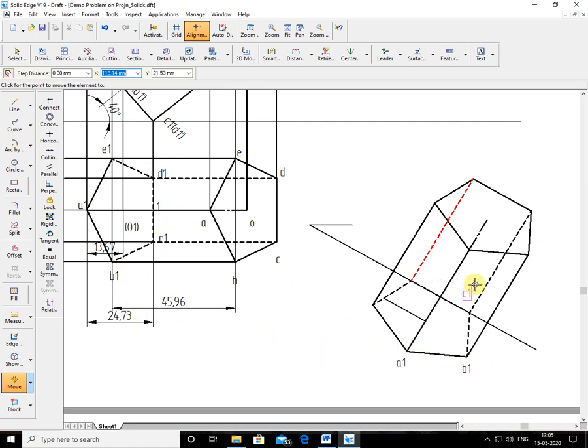It is E1. It is A, B, it is C, E. Correct? So this you have to do. Now here there is too much space, that's why I'll transfer this figure here a little bit. I don't use the move command or any command here. Just drag it. Sufficient space is there. Okay, just drag it. Now it is naming.